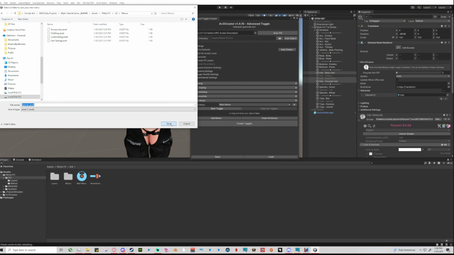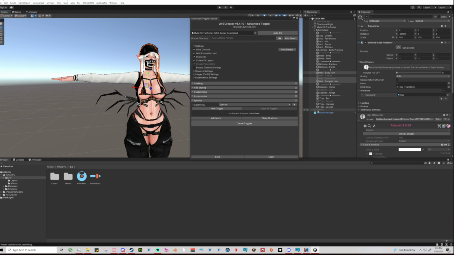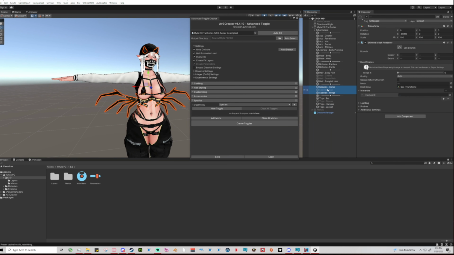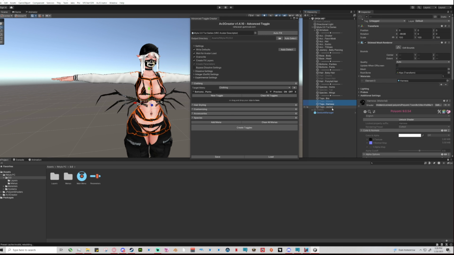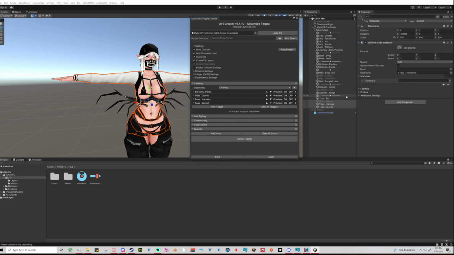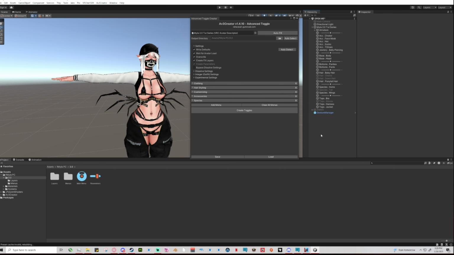I was thinking about putting the species as a normal toggle straight from the main menu, but we'll do that in a second. So let's do our clothing, which is going to be our pants, and those 3. Okay. So now that we have all of our stuff brought in as far as what is default and what's not,